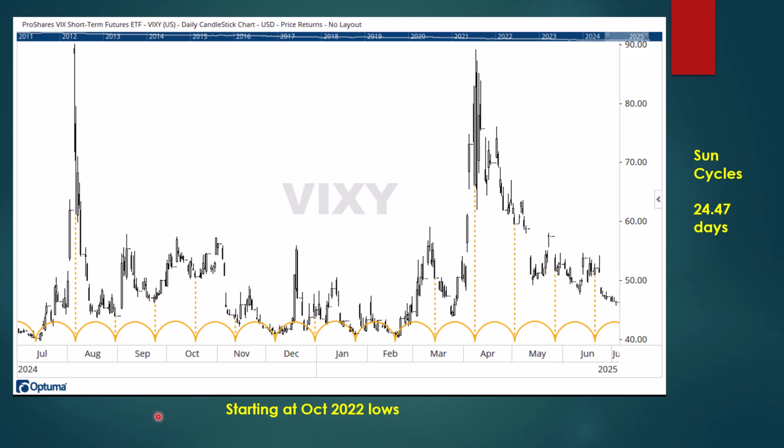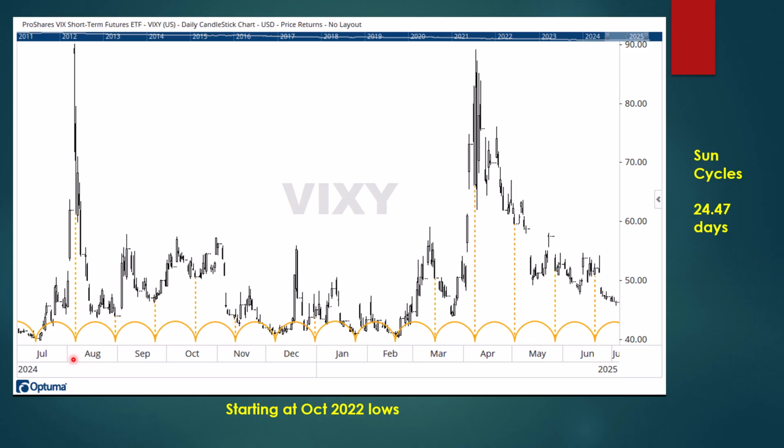So first off, let's take a look at the sun cycles. 24.47 days, equatorial region of the sun spinning around its axis. I went back to the October 2022 lows on the equity markets, and I overlaid these sun cycles. Lo and behold, as I got into 2024, as you can see at the left-hand side of the chart here,